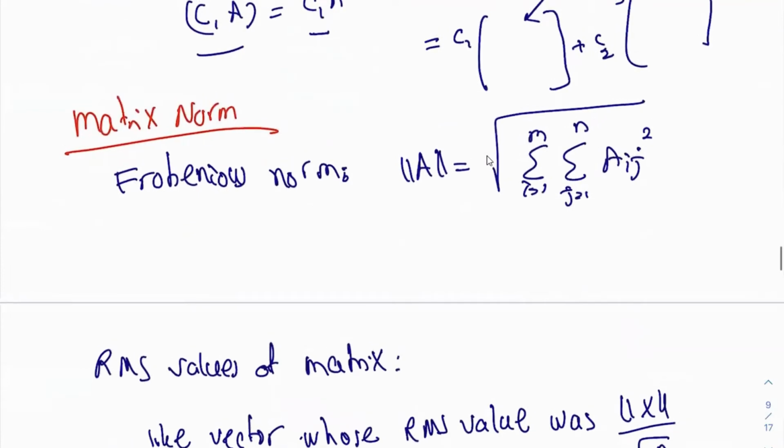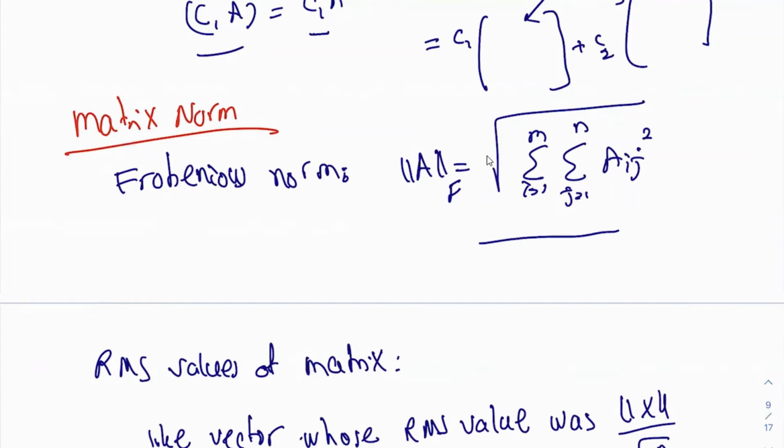Now we get to a little bit more complicated concept, which is matrix norm. Remember we had a definition of Euclidean norm or L2 norm for a vector. So Frobenius norm is the equivalent of L2 norm for matrices. Usually you can show it also like this, Frobenius norm, right? What this statement says is that the Frobenius norm is the square root of the sum of the squares of all the elements of a